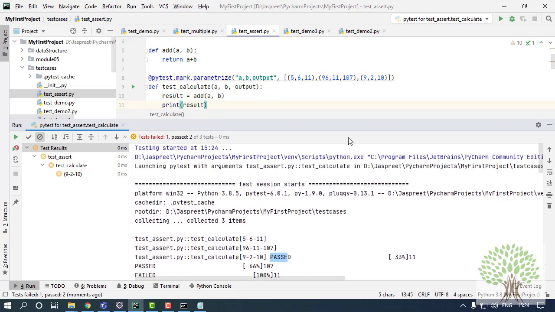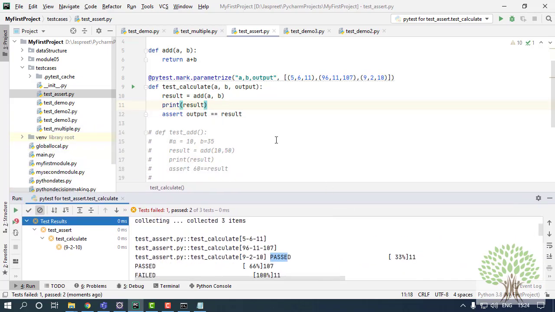Okay. So this way you can make such a structure in which if you have a number of different data sets and you want to run them in one go without even making changes in your test case, then you can follow the parameterize approach. This parameterize annotation is going to be very helpful when we are working with frameworks.